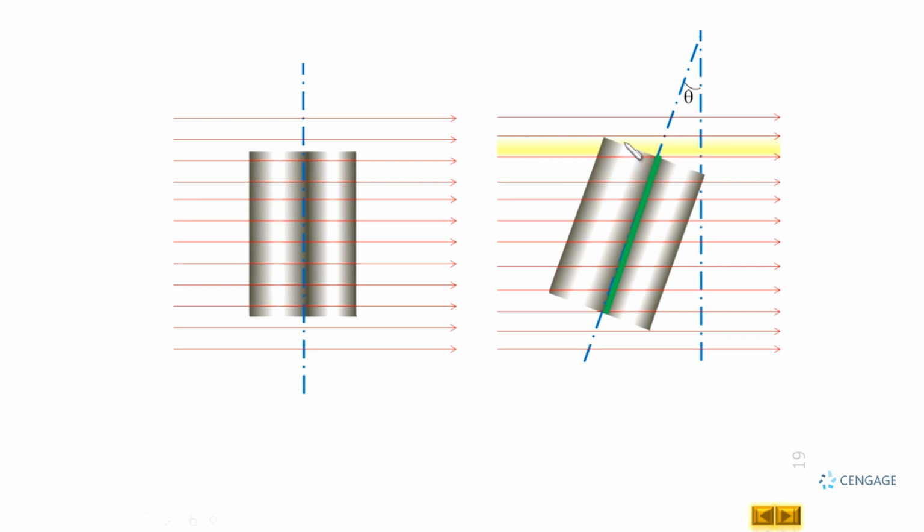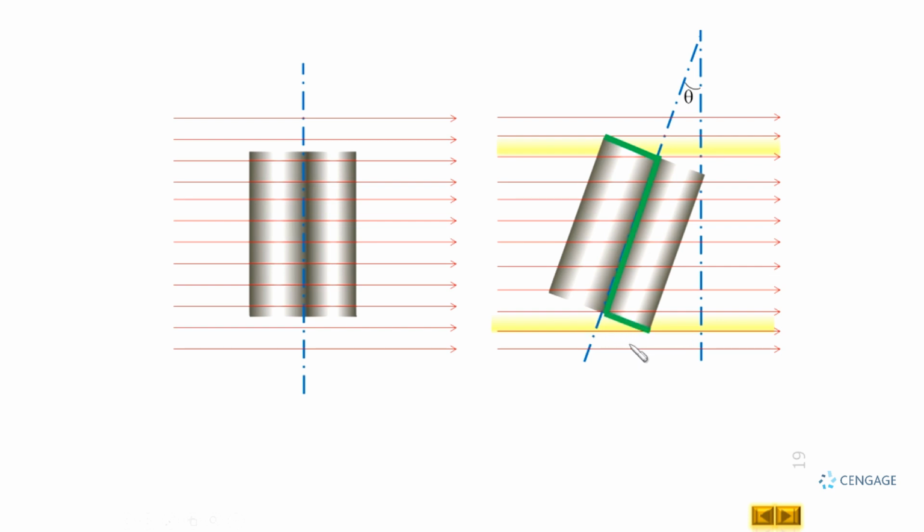So, we can say the number of electric field lines will be the same as the number of electric field lines crossing here. So, the flux associated with this part should be the same as the flux associated with this part. Now, let us observe the number of electric field lines below this line here. You can observe the number of electric field lines which are coming from left to right will cross this